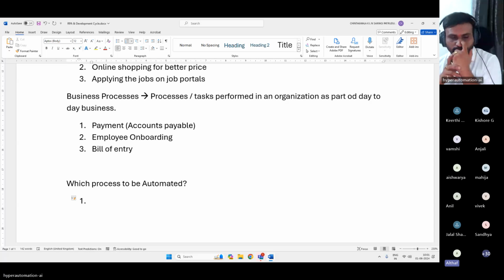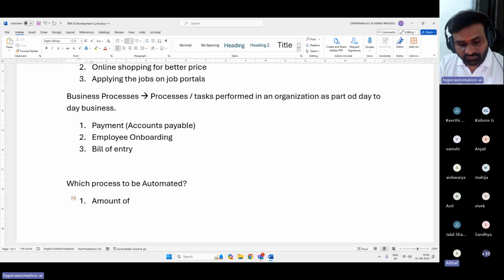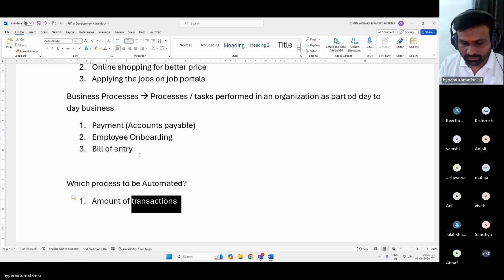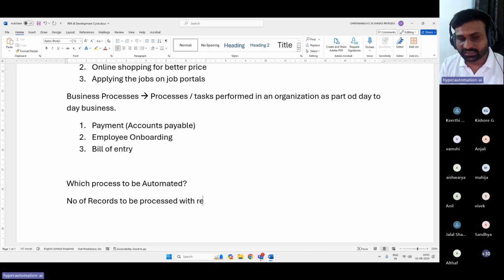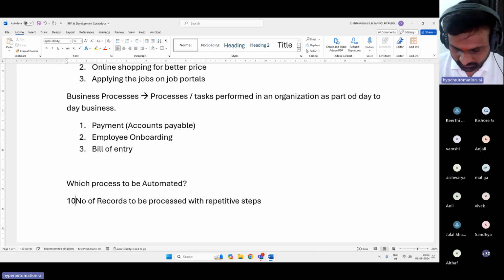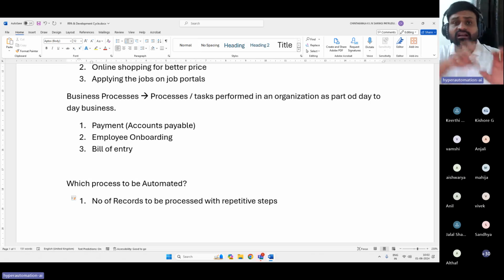Depending on the amount of data it is processing. Is it a bulk amount of data, transactions, or number of records to be processed with repetitive steps? Because let us suppose you have 100 records, but you need to perform them in 100 different ways.